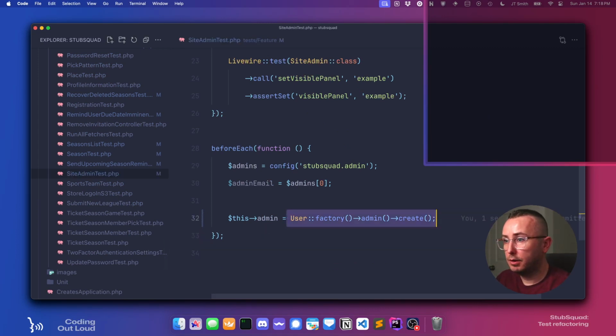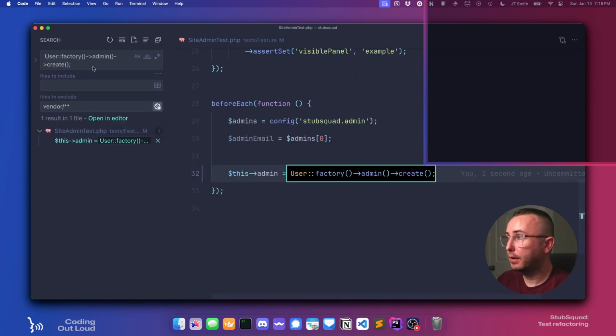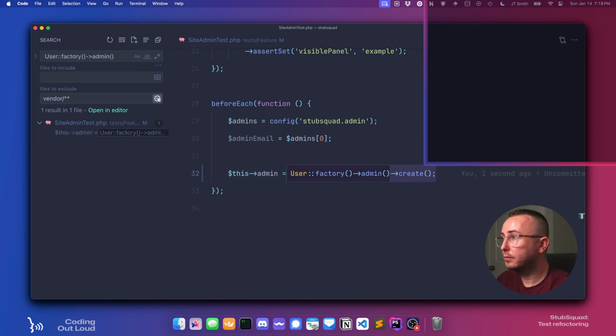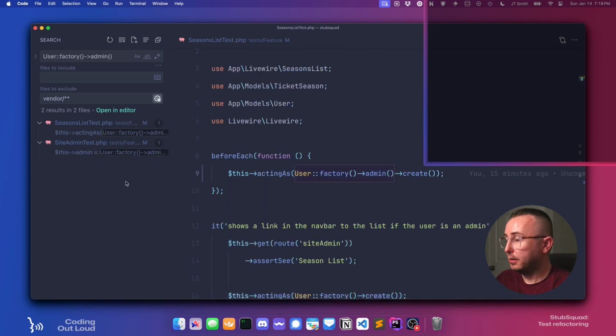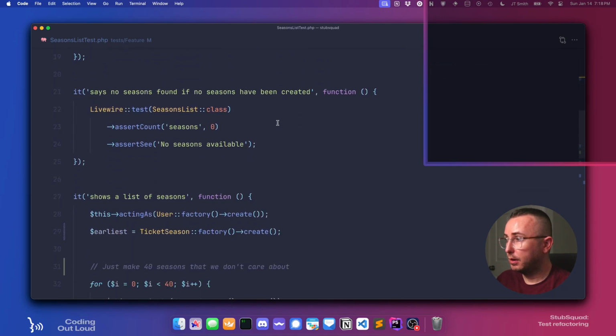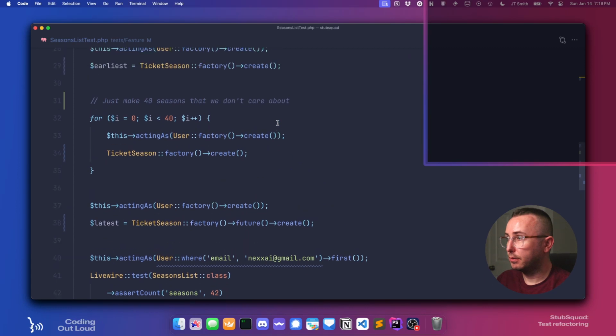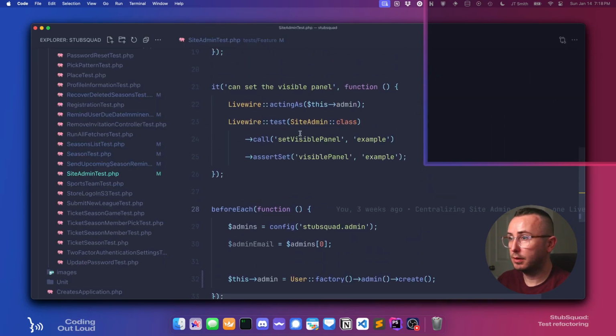So let's go find where we did that elsewhere and update it. User factory admin. Okay, cool. Are we hard coding anything else in our factories? I don't think so. Site admin test. Okay, so